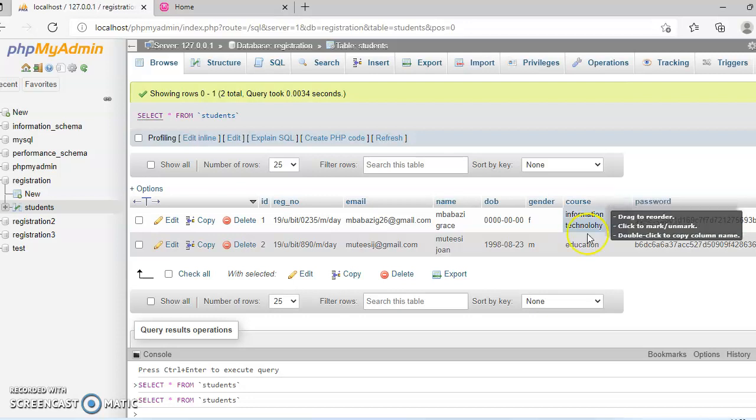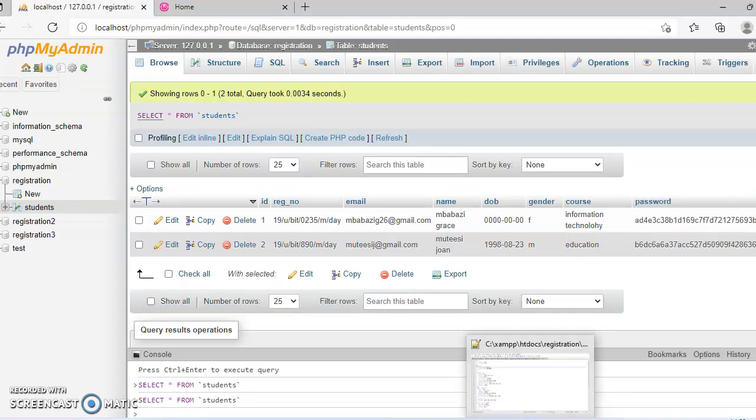So the next thing we are going to do is create a folder called registration in our directory with access to our server. That is, create the folder inside the htdocs, as I'm using the XAMPP server. Inside the folder registration I create the following files.